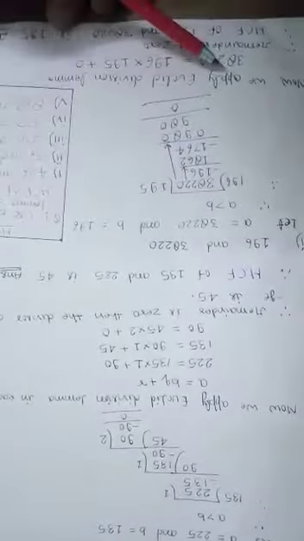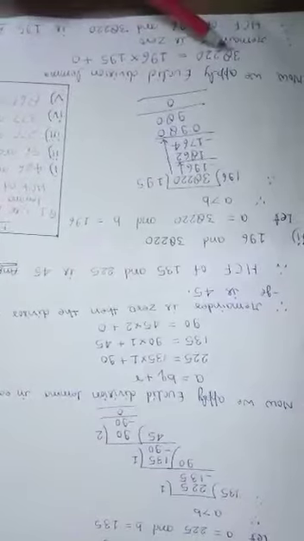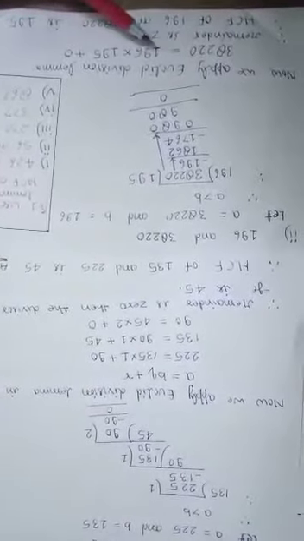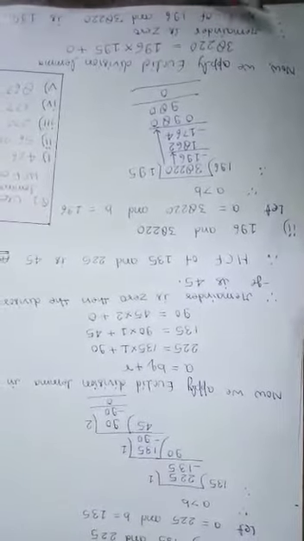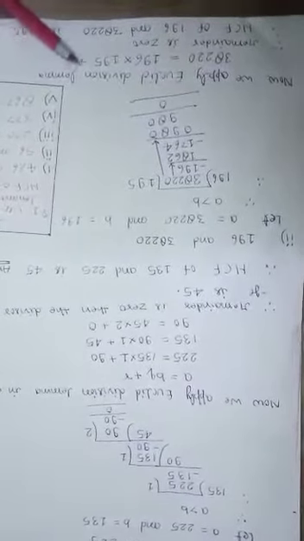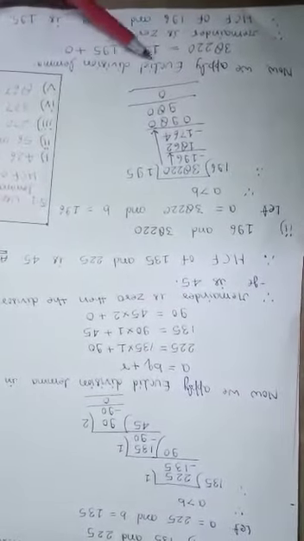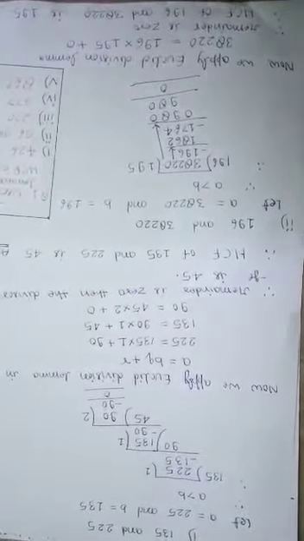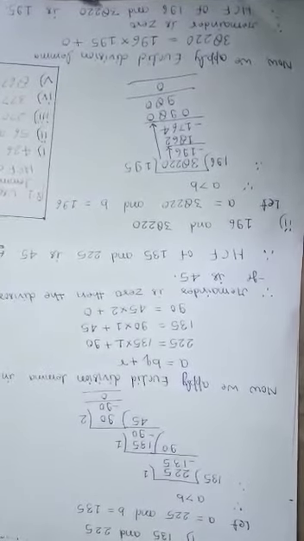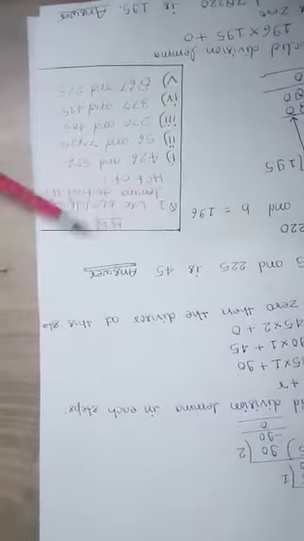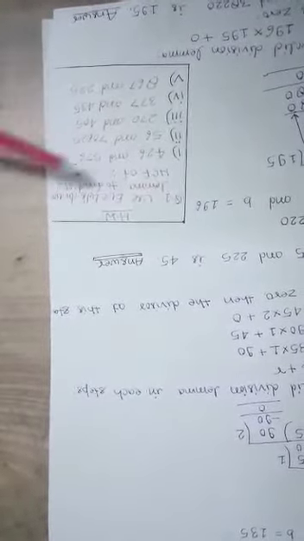Now we apply Euclid's division lemma. 38,220 equals 196 into 195 plus 0. Since remainder is 0, then the divisor is 196. Hence the HCF of the numbers 196 and 38,220 is 196. It is the answer. The homework of the first question is to use Euclid's division lemma to find the HCF of